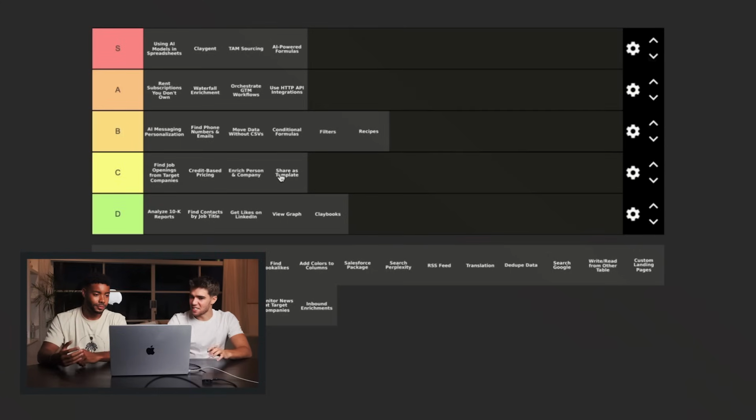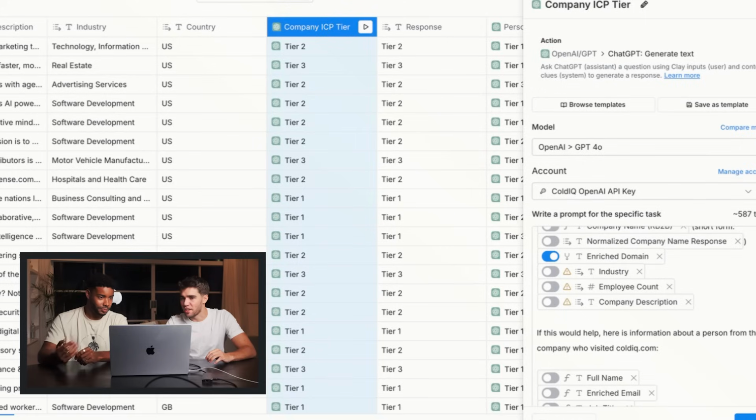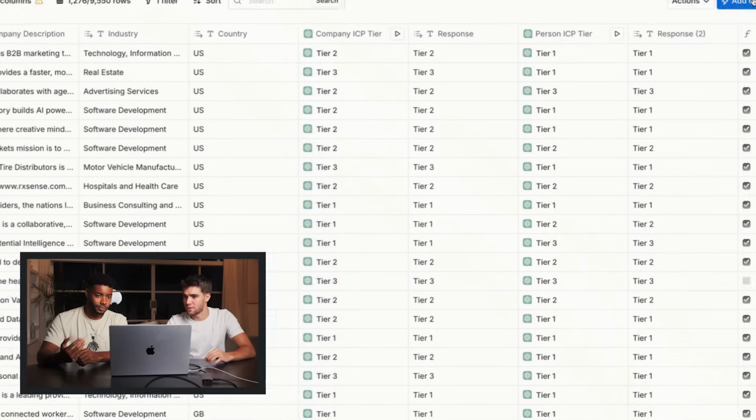Yeah, I mean, at the same time, AI messaging personalization, we ranked it a B because of how difficult it is to maybe get it right, which I think is the same thing with GPT for lead scoring. There's also the score row in Clay, and I'm just going to quickly knock this one out. Yeah. There is a way to score in Clay, and this is actually creditless based on certain parameters fulfilling